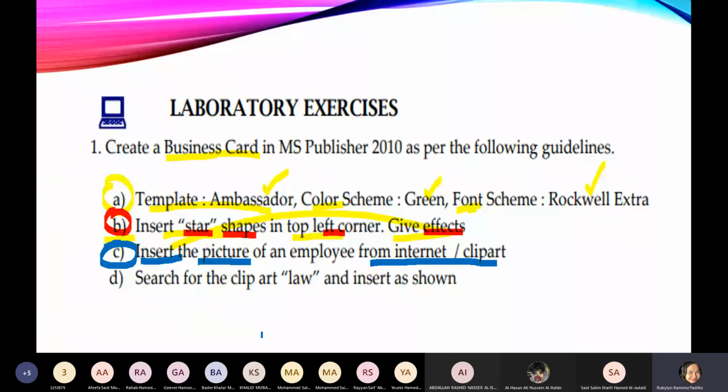Yes. Okay, now next. It shows here, search for a clip art which is of law, okay? Or change this, not law. Put this as for school or for college. And then insert it. Again, search another picture to insert about the type of employee which you have inserted. For me, I'm going to insert some computers or books. No problem. I will search now here.